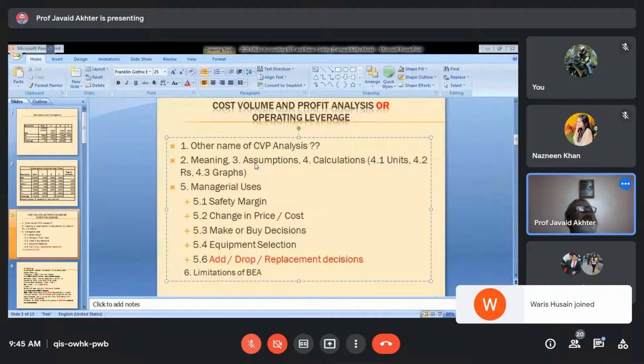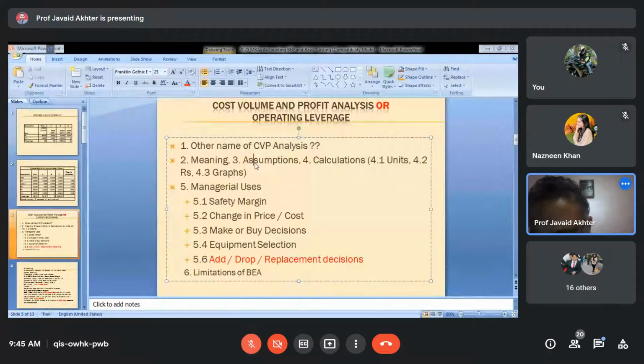One more assumption: if the company is dealing in more than one product, let us say A and B, then A and B must be sold in a constant mix. For example, 30% revenue from A and 70% from B. That means throughout the same should continue. So the sales mix also should remain constant. So these are the assumptions. How realistic these assumptions are, we will see later. But it is important to know that unless our assumptions are true, our break-even calculation will also not be true.